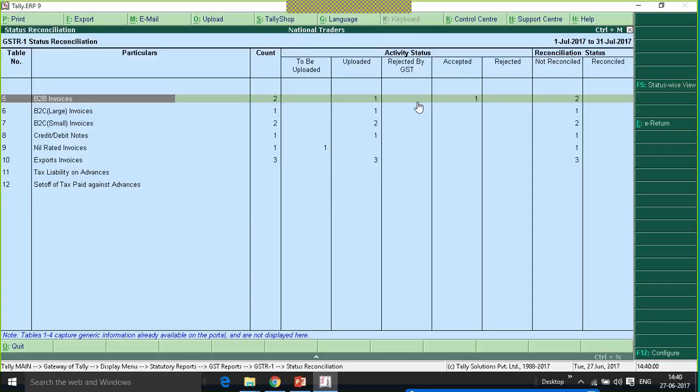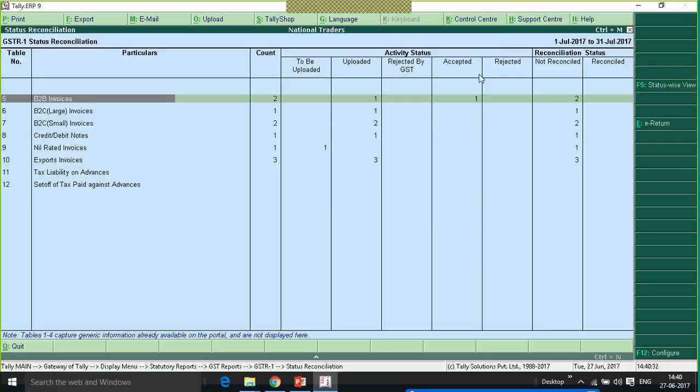This will be marked when the GST rejects the vouchers for duplicate invoices, reference of original transaction not found in case of debit or credit notes, or if the GST of any user is being suspended. So this information will get captured against rejected by GST, and the same status can be set in Tally also.